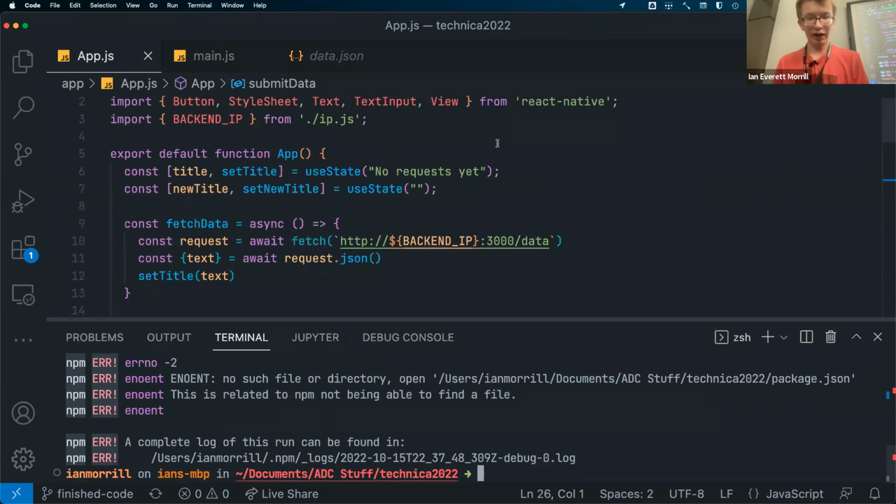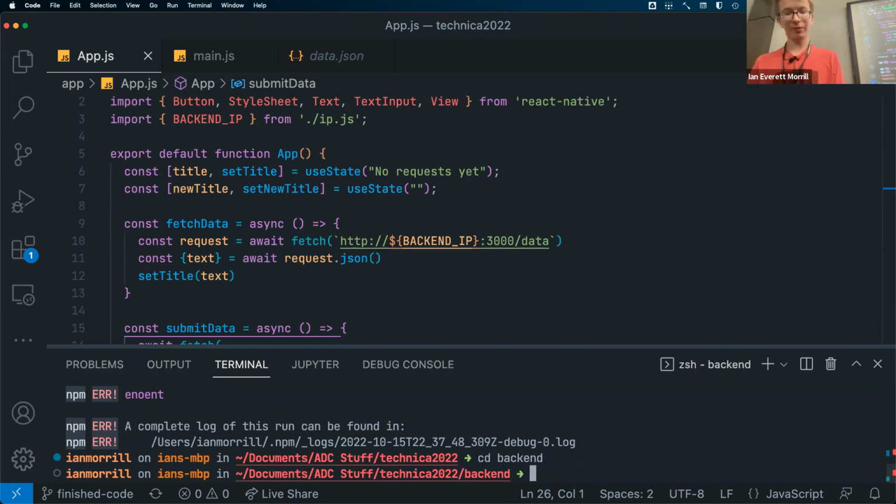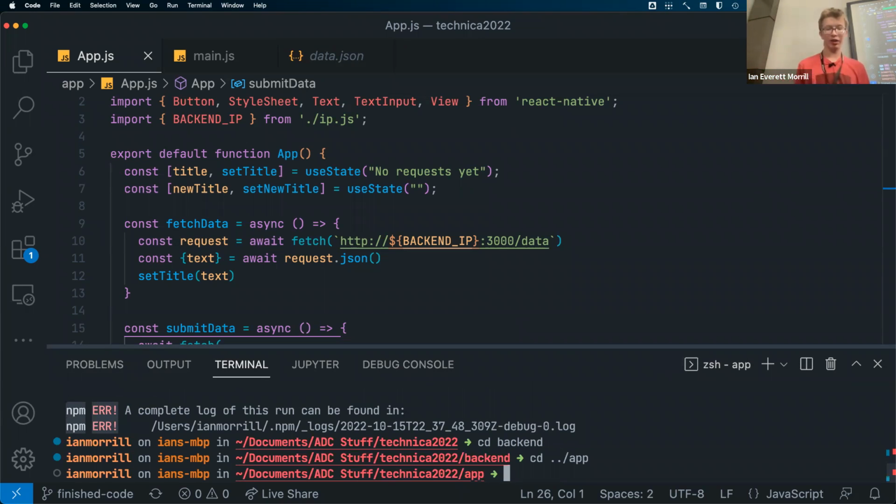If you are actually able to follow along, you want to make sure your terminal is CD'd to the app. Otherwise, you won't be able to run the command. And then you can simply run npm start,